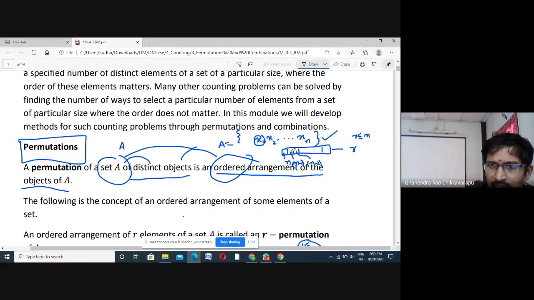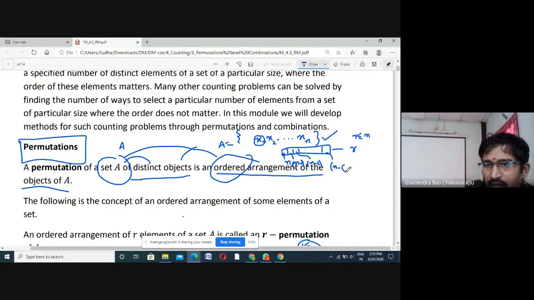The second box can be filled in n minus 1 ways, and the third box in any one of the available n minus 2 elements, and so on. You can see that if the box number is 3, it will be n minus of 3 minus 1, that is n minus 2. Likewise, if the box number is r, at the rth box, the availability will be n minus of r minus 1.